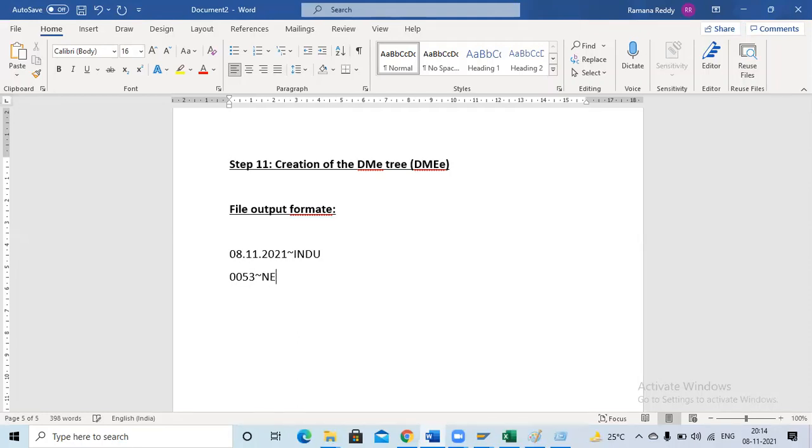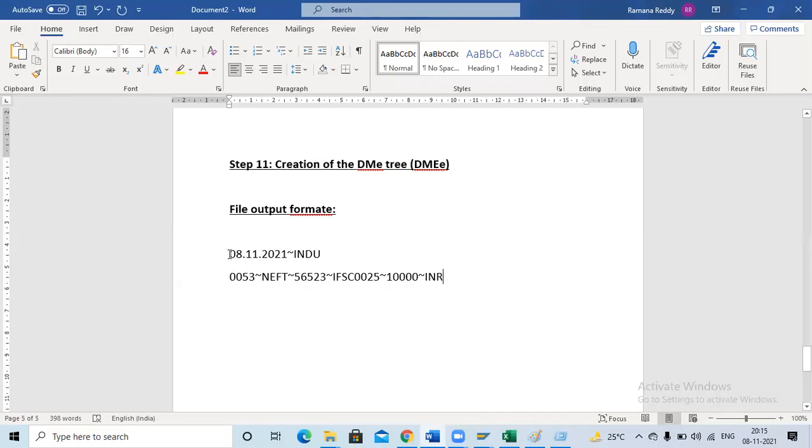First I'm going to display that it is a NEFT transaction. Next is 56253, the vendor account number. This is the vendor IFSC code, invoice, INR. That's it. This much data is enough.